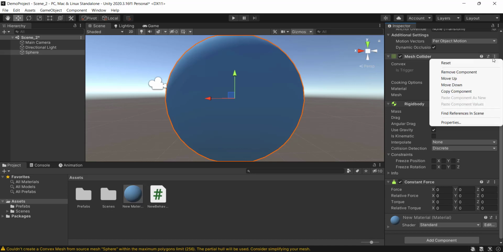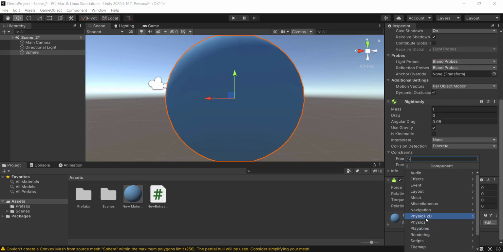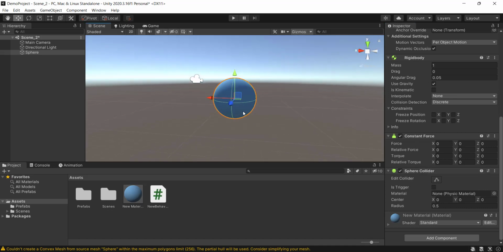I will remove this mesh collider. Okay, I will add a sphere collider. Let's see how this works. Okay, sphere collider. Here is our sphere collider. Now coming to the constant force one,